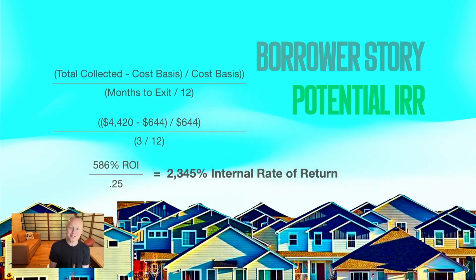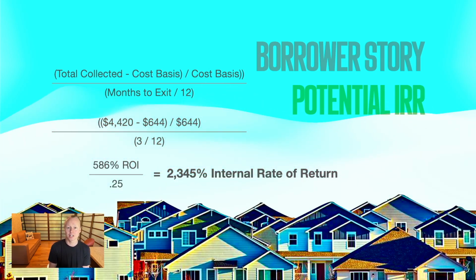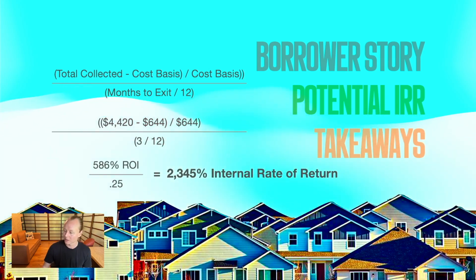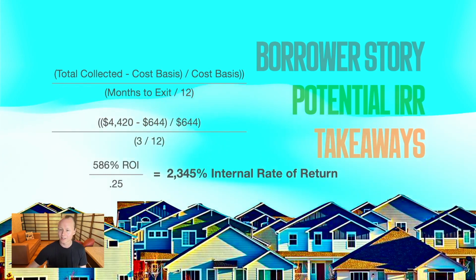a 2,345% internal rate of return for this deal. So pretty crazy. And a couple takeaways here, because I think it's very interesting to see unsecured loan pay off